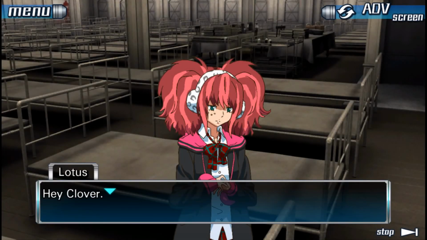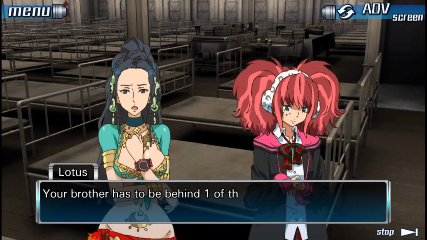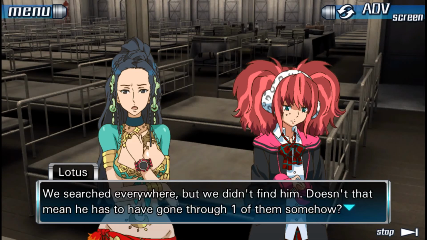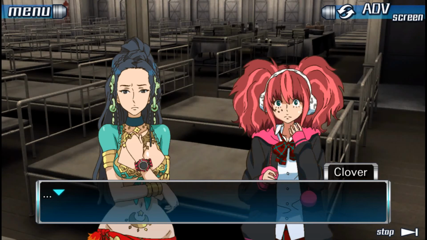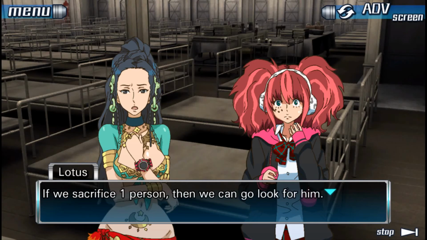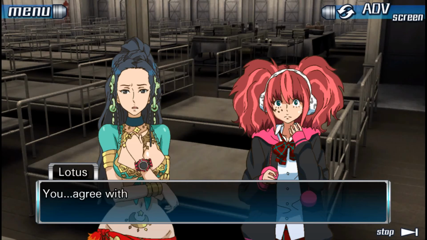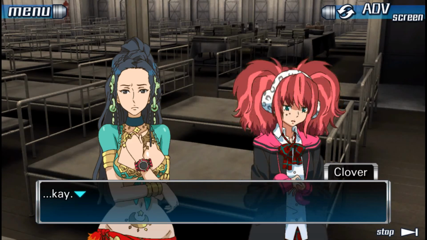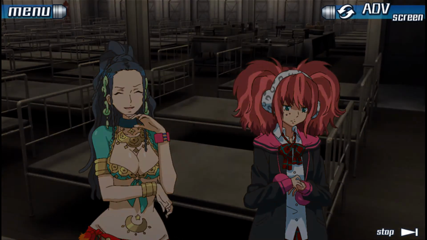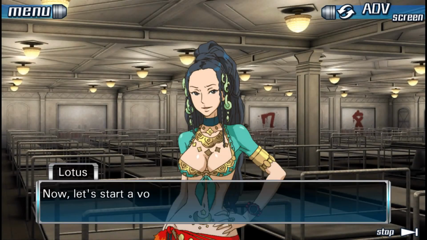Hey, Clover. Your brother has to be behind one of the numbered doors. We've searched everywhere, but we didn't find him. Doesn't that mean he has to have gone through one of them somehow? Let's go look for him together, okay? If we sacrifice 1 person, then we can go look for him. You agree with me, right? Okay. The motion carries. Now, let's start a vote to...